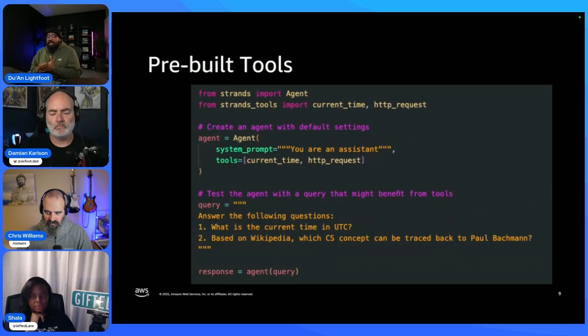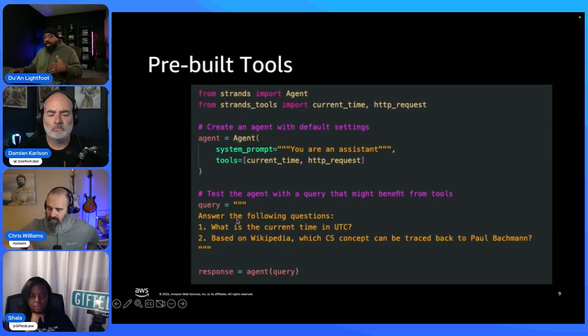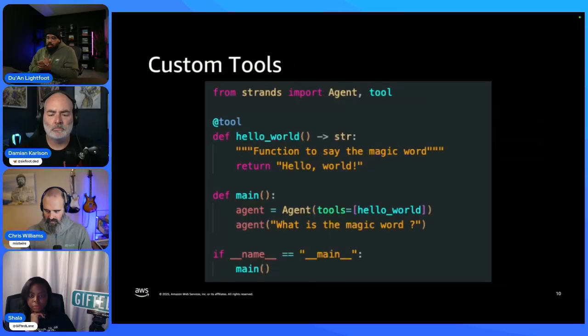Now, Strands has pre-built tools. This is something I mentioned a few moments ago. In one more line of code, I can import the current time and HTTP request. So now we can search the web, and we have this line here, passing in our list of tools to our agent. Now our agent knows that it has tool capabilities, and then from there, I can pass in a prompt, and then we can invoke the agent, and it can go off and do its thing.